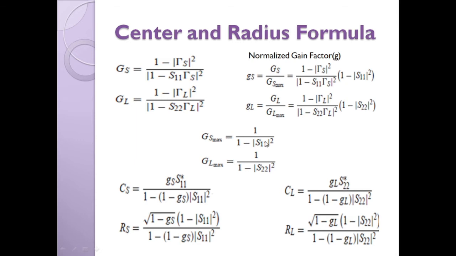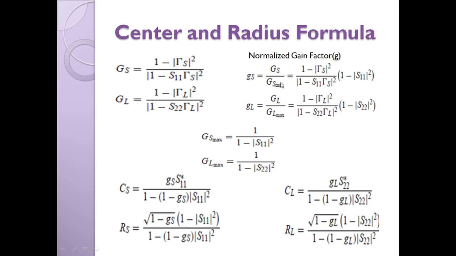Okay, so below that value they will choose some gain value, and based on that they will draw the gain circle. Let us consider that the two values I choose are 1 decibel and 1.5 decibel, but GS max is 1.7 decibel. Based on those two values I can calculate the GS value. The formula is GS divided by GS max.